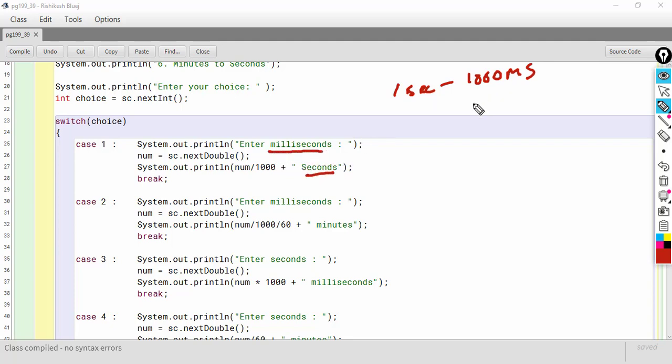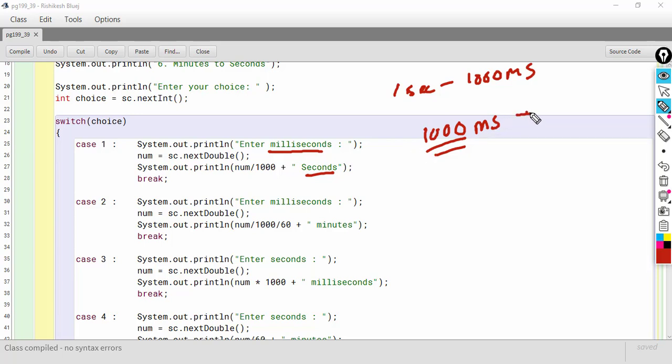That means, let's take the example of 1000. Let's say we have got 1000 milliseconds. It should give us 1 second, right?